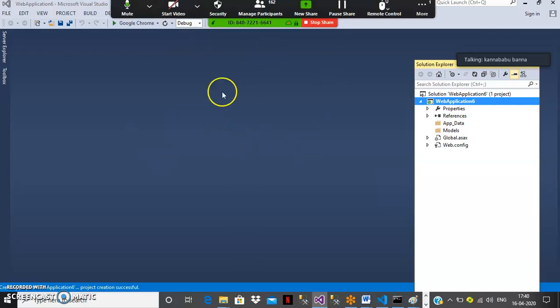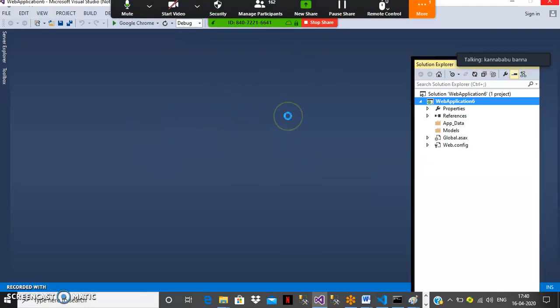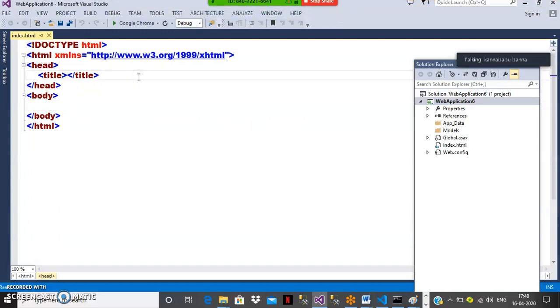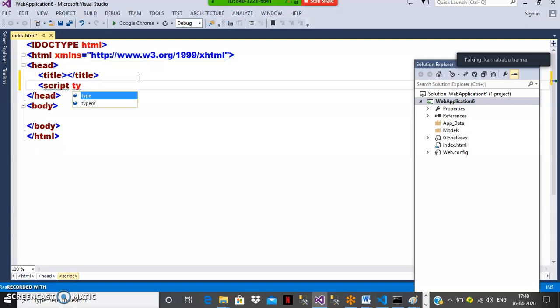Okay. So here I'll declare one function. Anonymous function means a function without having any name. Always write the JavaScript code inside the script tag, script type is equal to text/JavaScript.